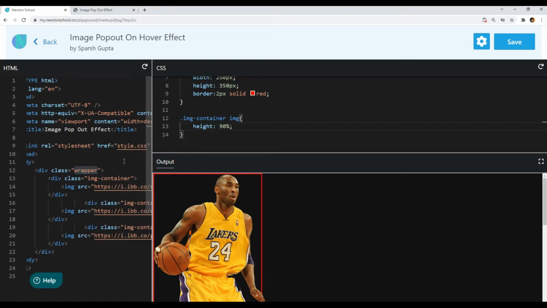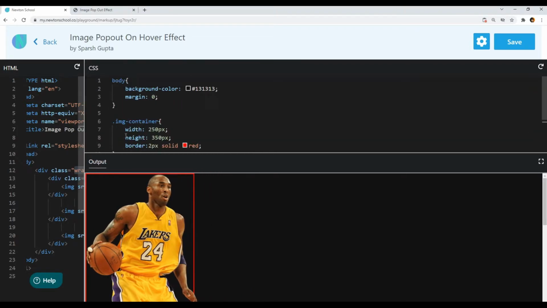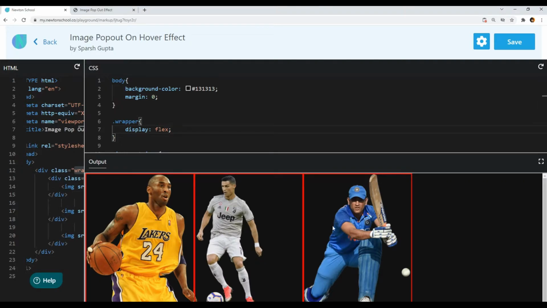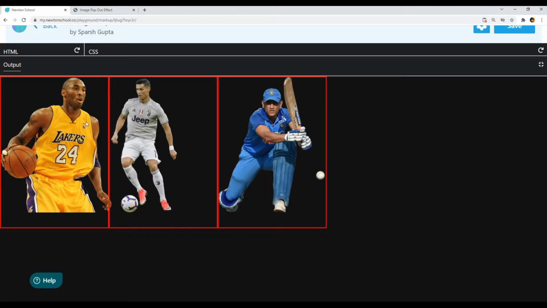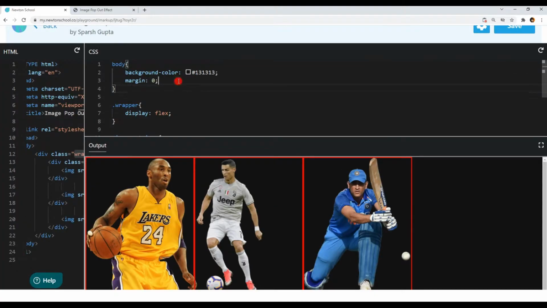So we will have to define display flex on the wrapper element. I will target the wrapper element and write display flex here. Now you can see the image containers are in one row. Let's also center the wrapper element within the body element. I will use the flex method to center the wrapper within our body element.